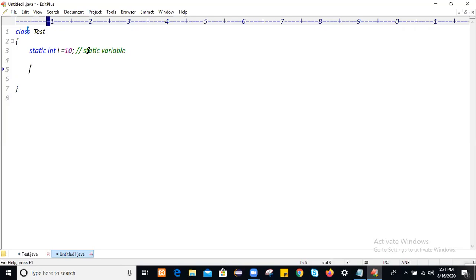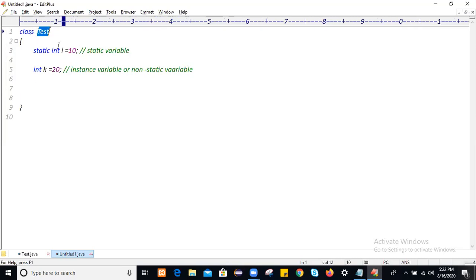If you want to declare an instance variable within the class, we create it like this. This variable we have created without the static keyword, so this variable is called an instance variable, or it is also called a non-static variable in Java. Similarly, within this class area, we write logics of an application. We can declare members of the class, like variables, methods, constructors, and blocks also.